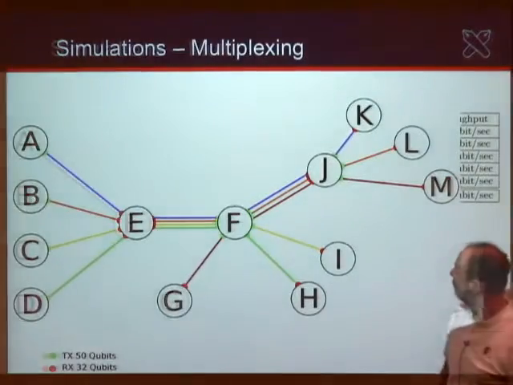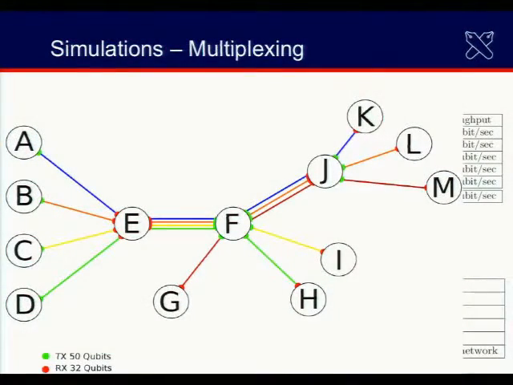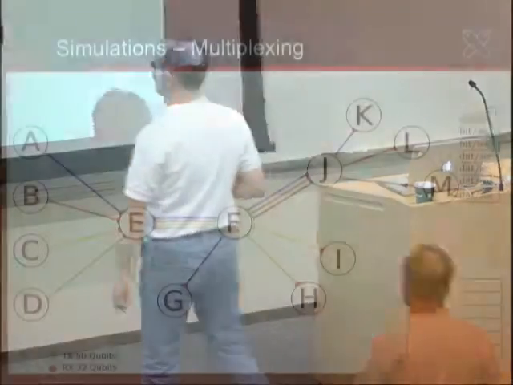Let's see. Larger networks. Even the dumbbell network is, to the best of my knowledge, the most topologically complex repeater network anybody has bothered to simulate, even at that simple level. This one, a more complex network.